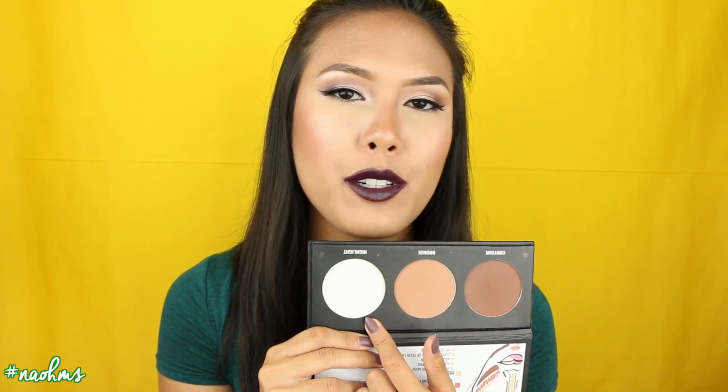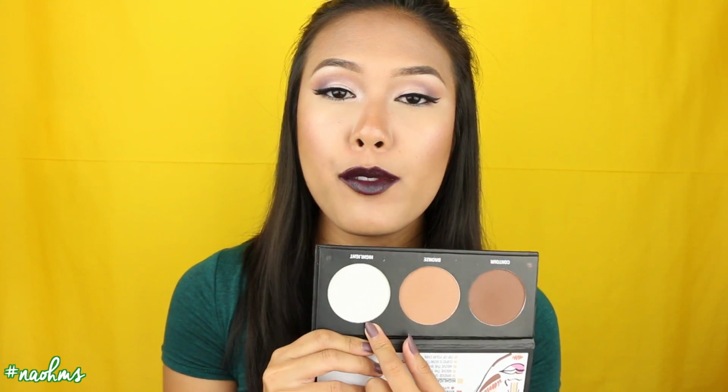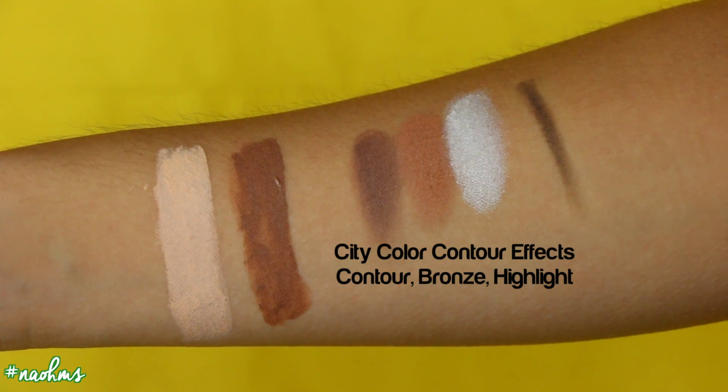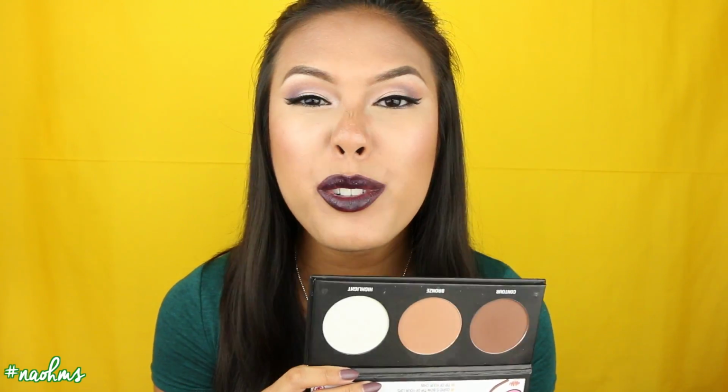I actually haven't played around with the highlight shade just yet, because I do prefer yellow toned powders to highlight. They are super pigmented. Oh my gosh, the pigmentation on these powders is just phenomenal, and a little goes a long way when they are very pigmented. And I love that these powders blend so well, and they're not powdery, they don't look